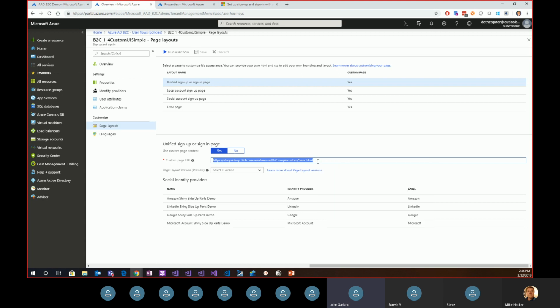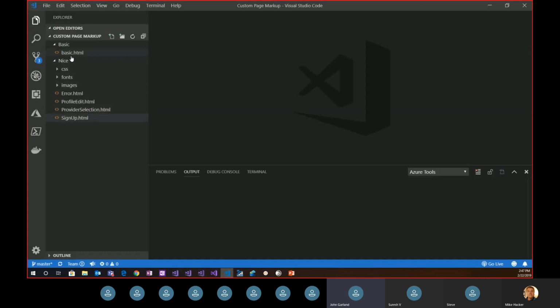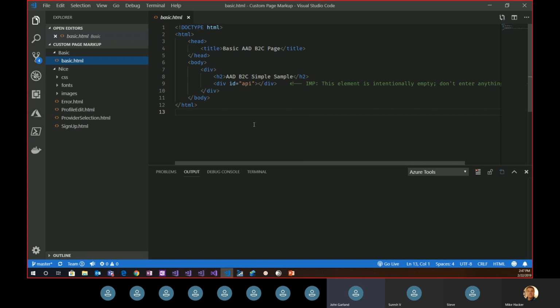And then this will go ahead and blend in the HTML that I put there with the content that B2C needs to display in order to authenticate a user. This one is very simple, very bare bones. And if I show it here, it really is simple, very no frills. The key thing is I have to have a div in it with the ID of API. And inside of that div element is where Active Directory B2C will insert the content that it needs to provide